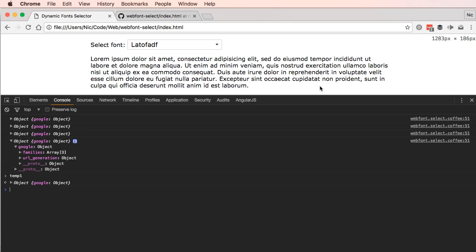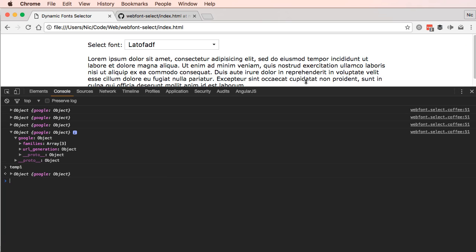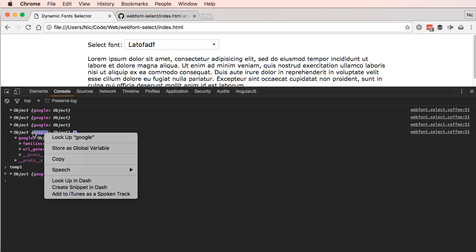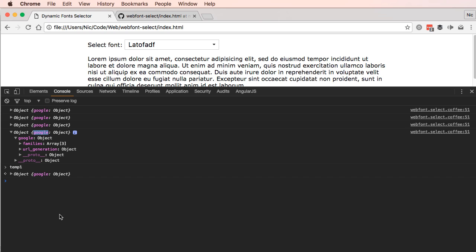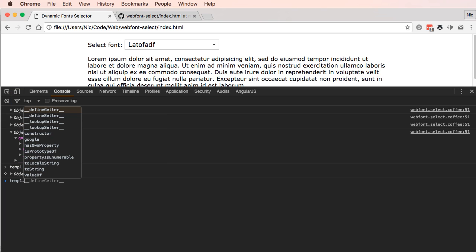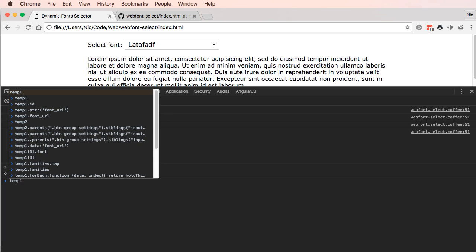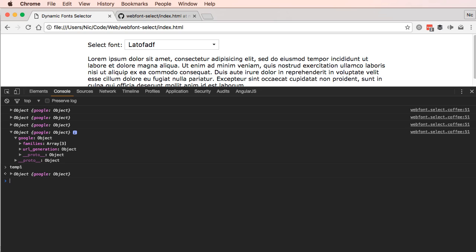And so another newbie tip, if you're in Chrome, I'm not sure if anyone else does this. If you print out an object like this, you can right click and then say store as a global variable, and that gives you a nice little variable now that you can play with and go, you know, what all can I do with this, you know, that kind of stuff. So anyways,